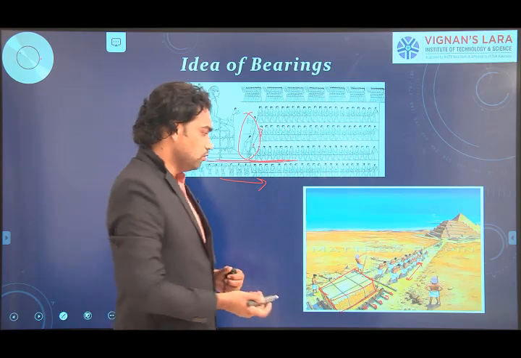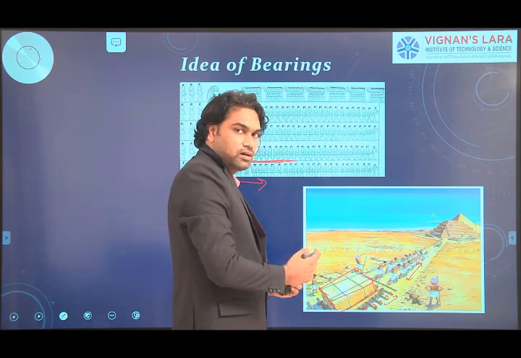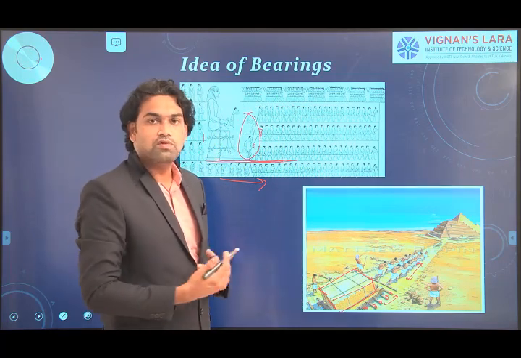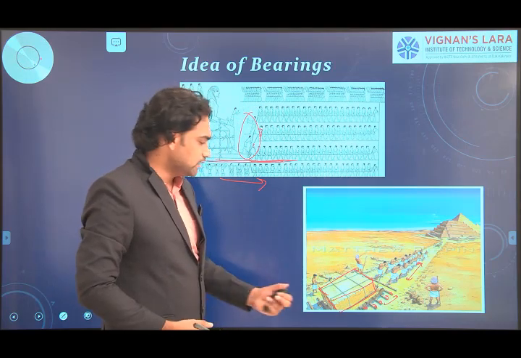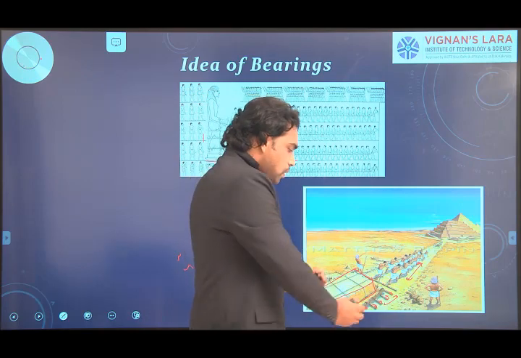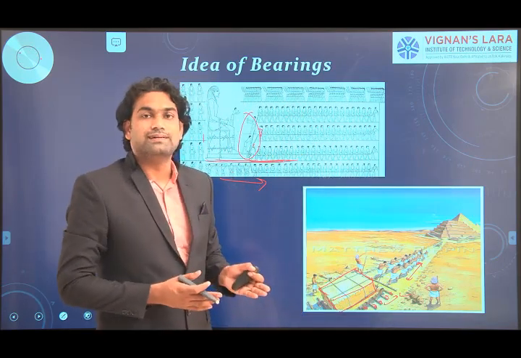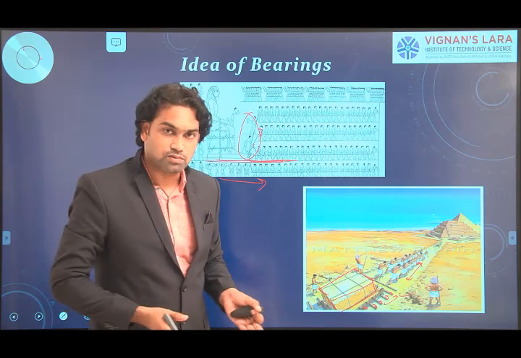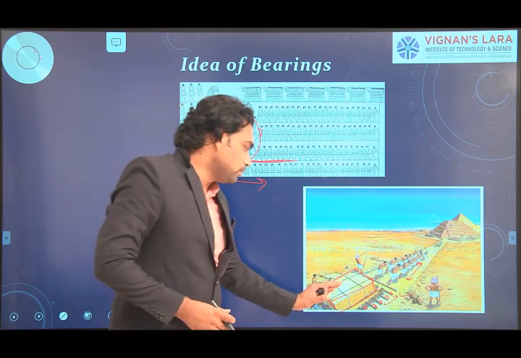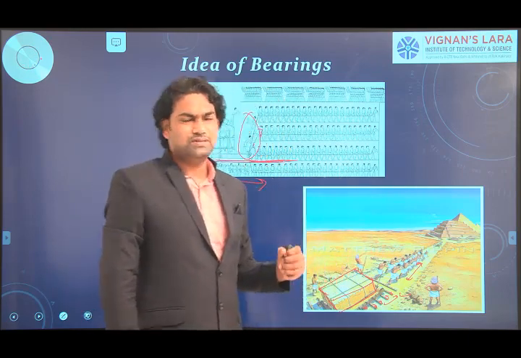So the force required to move these iron blocks is very much lesser compared to the normal condition if you want to move from one place to another. So that it allows the body to be moved much more easily, and the placing of these trunks can also show the direction. They are showing the path, in which way they need to take these particular stones towards the destination. Clear? So this is the basic idea.